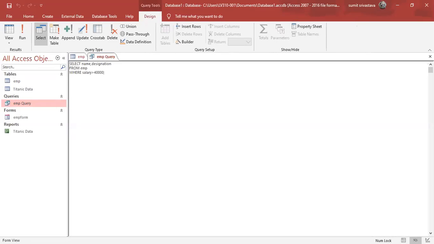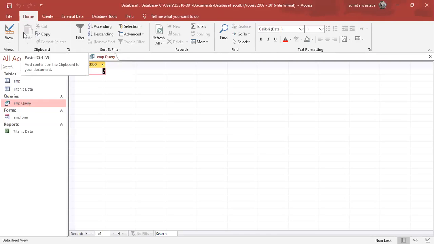Let's say I have to count the employees whose salary is greater by 40,000. First, I'll show you the simplest way. Let's say I have to count the records in this table so that you would understand. Select count. I'm giving a column name here, name, or I can type asterisk. Asterisk means all records. So when I run this query, it will count all the records. So we have 7 records in this table. Now I'm seeing 7 records here.